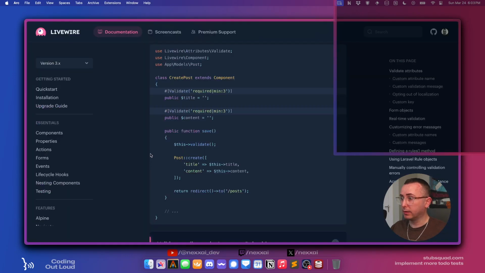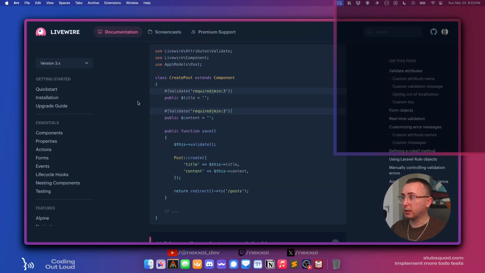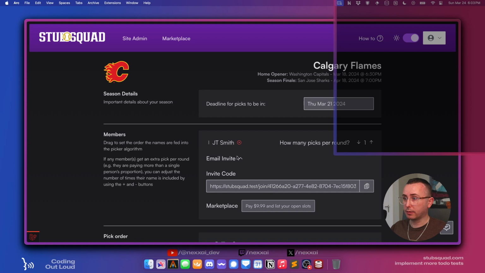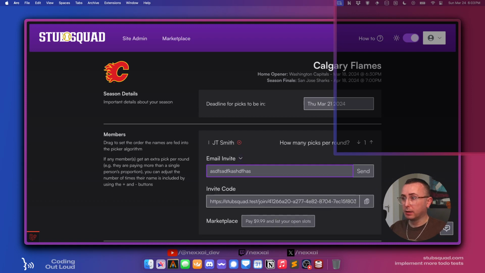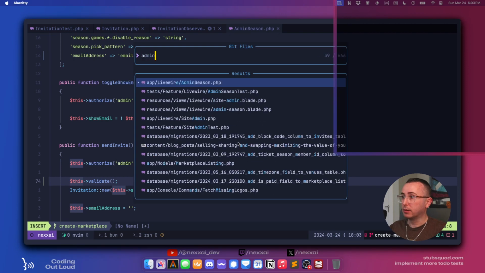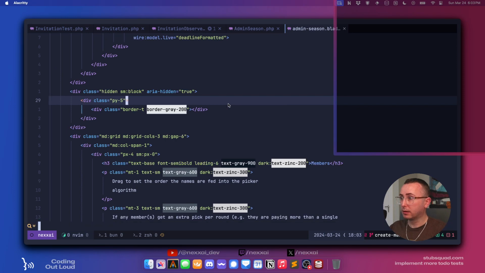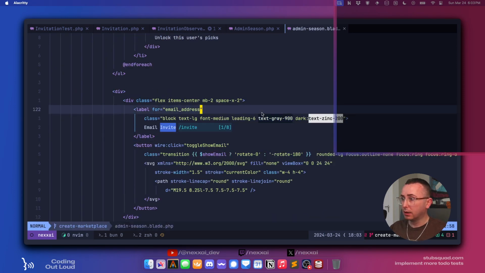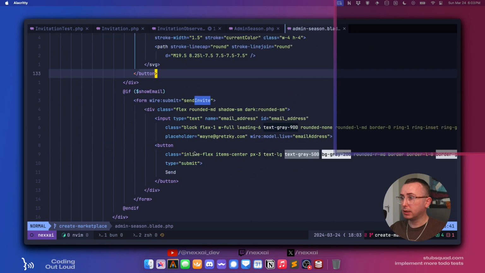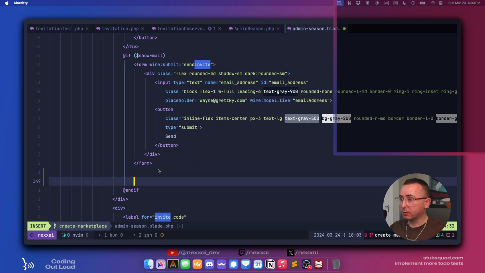If we're trying to send the invite, and actually let's put that after the authorization. We don't even want to check the validation if it's not an authorized person in here. Okay, good. It's not actually failing, which is good. We just need to put some error note here, basically saying this is not a valid email address. So let's go admin season invite. Okay, so what we want to do is if show email, and then we also want to say,